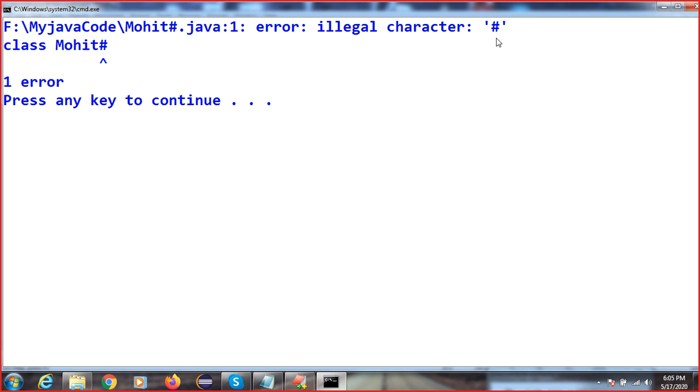It means the compiler will tell you. If you are executing Java code, then you have to compile the code, then you have to execute the code. The compiler will compile and check the syntax of the code. If everything is fine, it will generate the .class file. The .class file has the machine code, which is bytecode. That code is understood by the Java virtual machine.